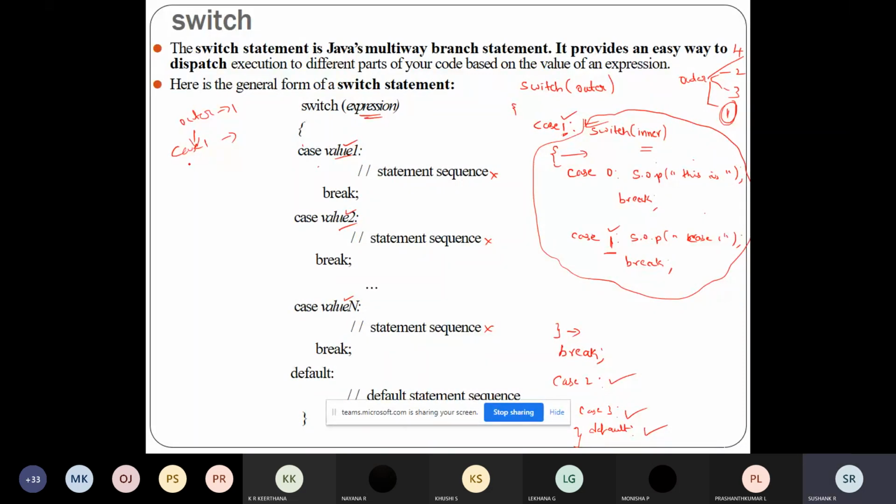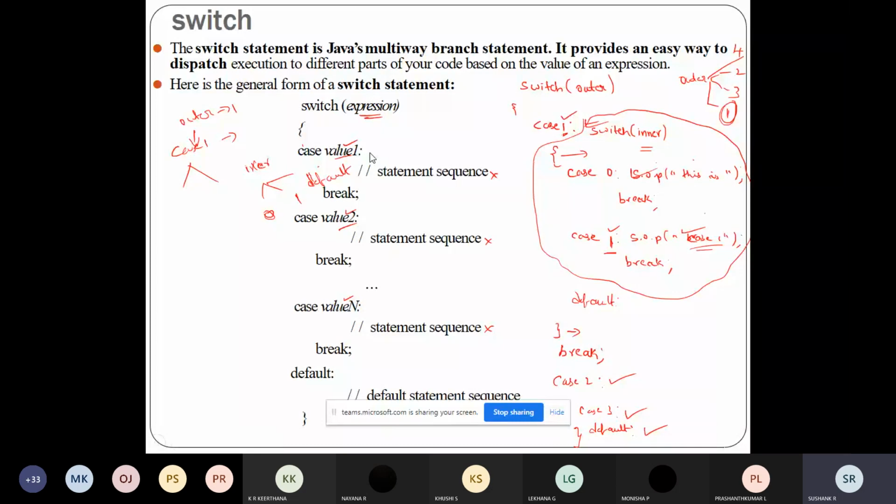In case 1 also, we have a switch statement given by the expression inner. If the value of inner is 0, this is the inner case block with value 0, so this line will be executed. If the value of inner is 1, whatever I have written here will be executed. If it is not 1 or 0, something like 3, 4, 5, 6, I would have written default here also. For explaining, I have not written the default. If I had written it, then for values other than 0 and 1, the default statement would be executed. So this is the working of the nested switch.